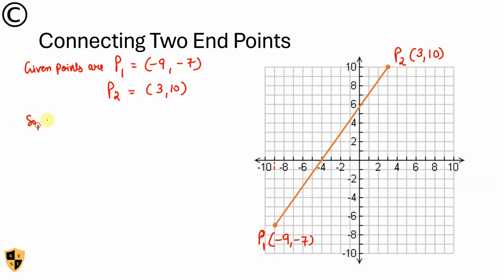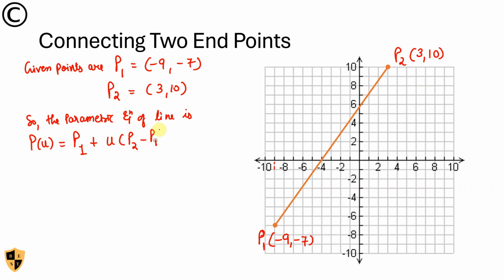So the parametric equation of the line is P(U) equal to P1 plus U times (P2 minus P1). P1 is (-9, -7). I'm going to write this in matrix form, plus U, then P2 minus P1. So P2 is (3, 10). In matrix form it is (3, 10) minus